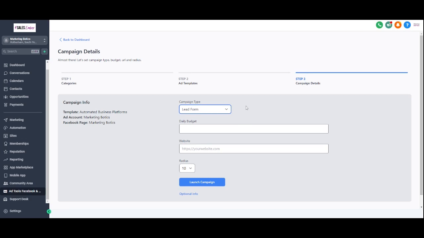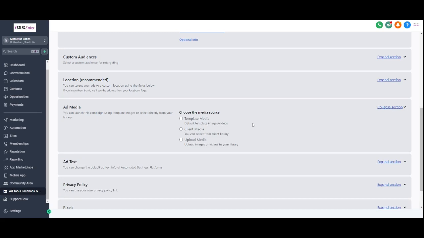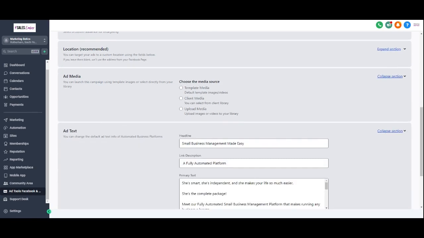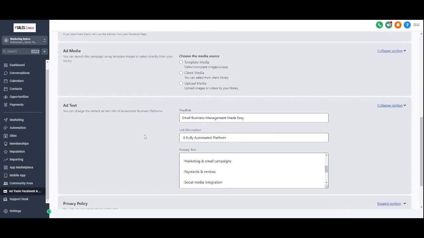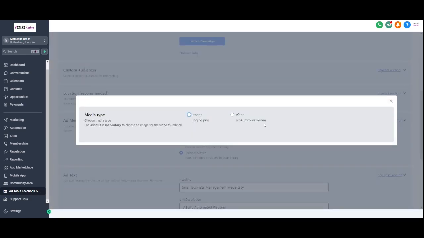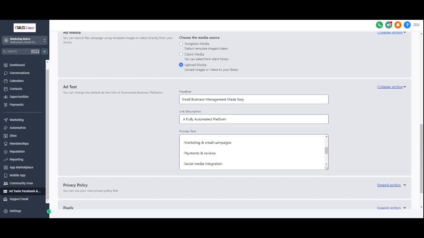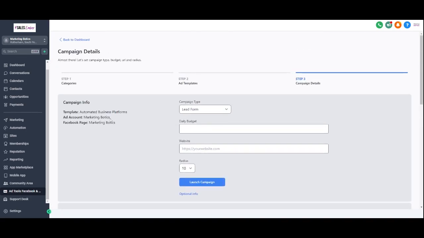And then I can alter this to how I want it to look. And the great thing here is I can do lead forms directly from here. And then I can send that out, extend there, make sure that's right, add text. I can tweak this just here, how I want it to look, add media. I can upload my own media. So what was originally in that template, I can tweak and change it here to make it more relevant to me. And I can send this out and I can connect it to a lead form that is in my